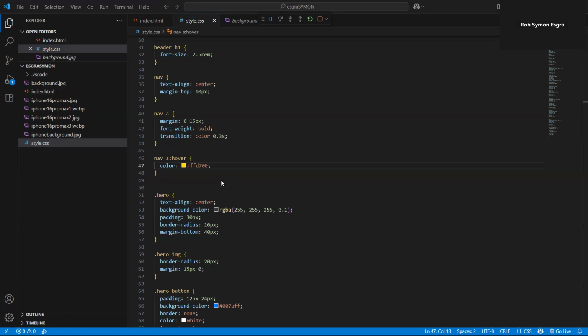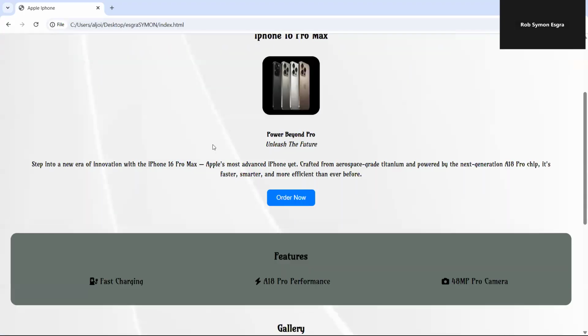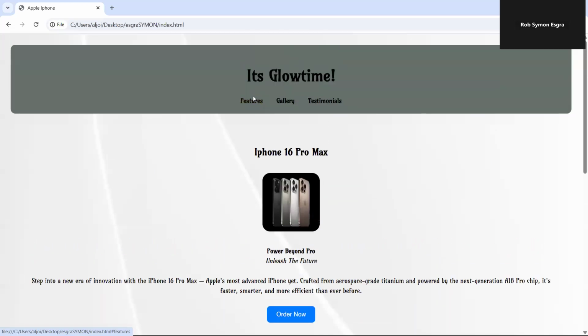Where is this? Kanina. So, share, this is the hover. Navigation hover, and then this one.